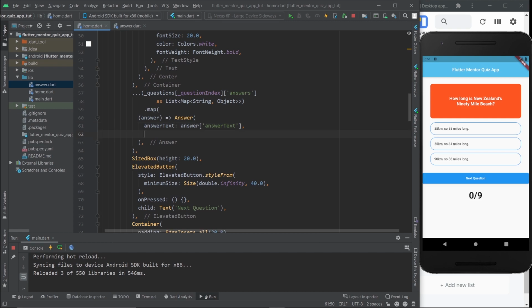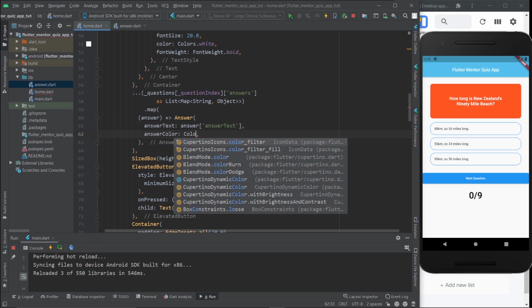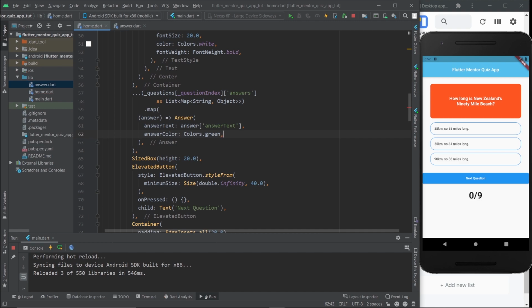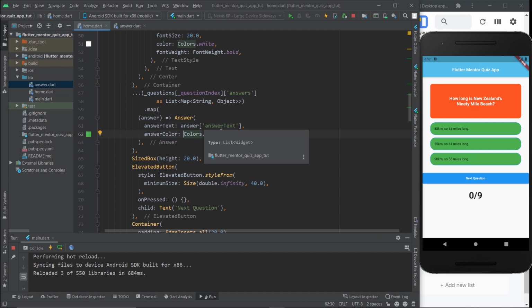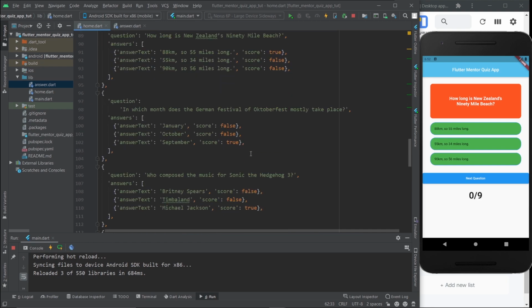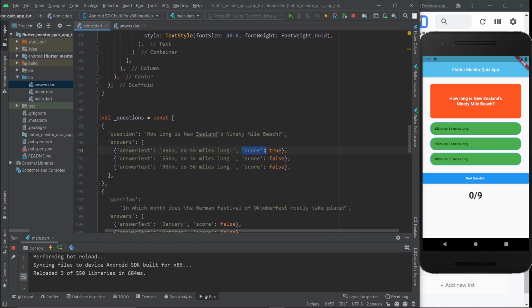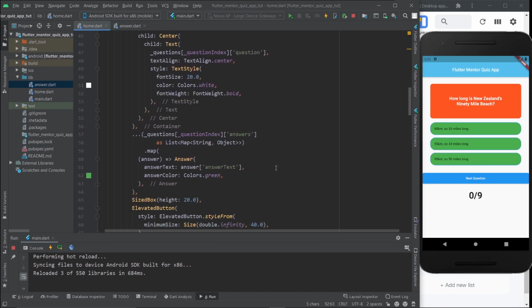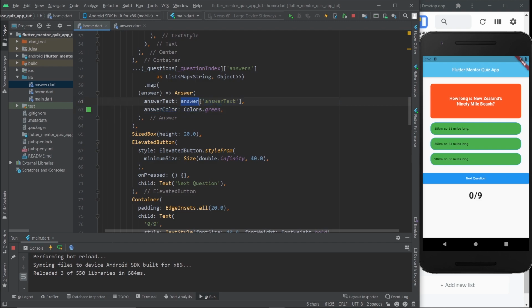So basically what we need to do is answerColor, and we could just do Colors.green, right? But then they would all be green, and we don't even want them to have a color before they start, right? But we'll get to that in a bit. So first let's focus on how we can differentiate between red or green. Well, as you can see down here below, there is a score, right? So if it's correct, it's going to be true, and if it's wrong, it's going to be false. So that's pretty easy. As I already taught you, you already know how to do this, right? You take the answer right here, and instead of answerText, we just do score, and now the bool is right here, and all we got to do is use a ternary expression.